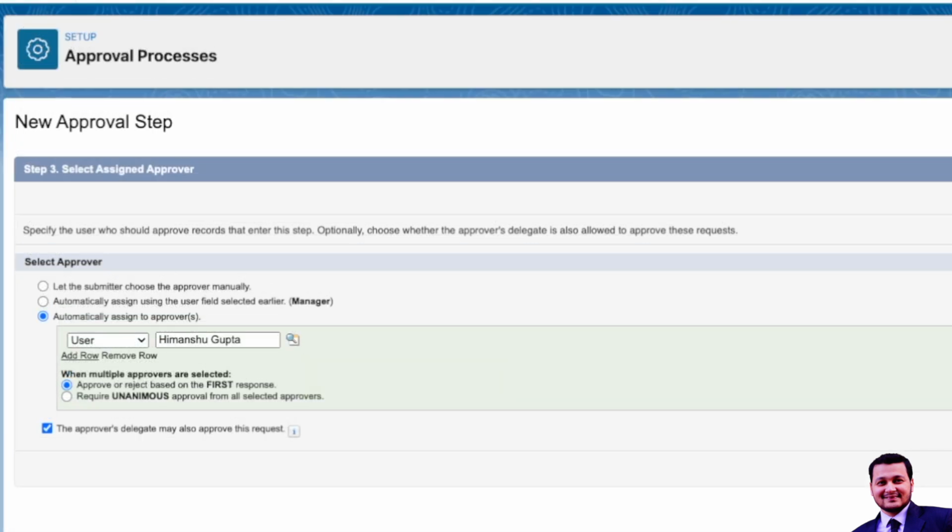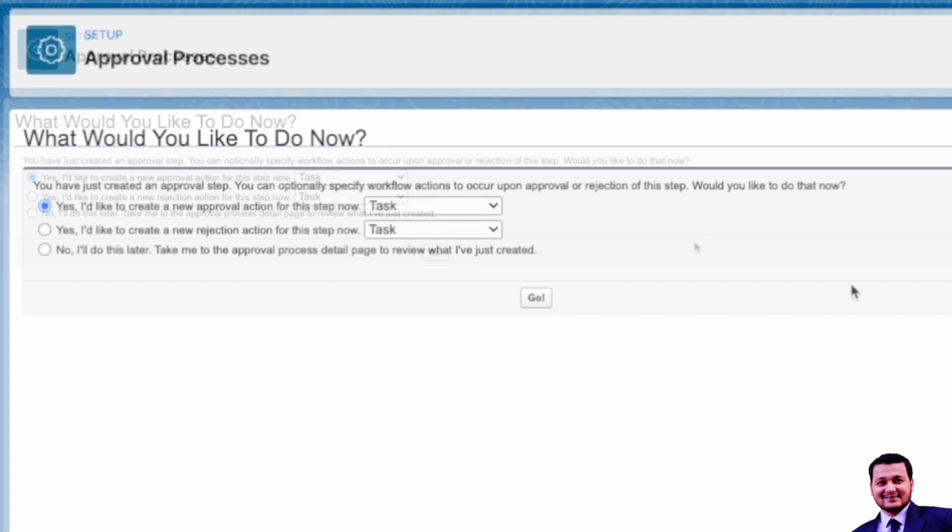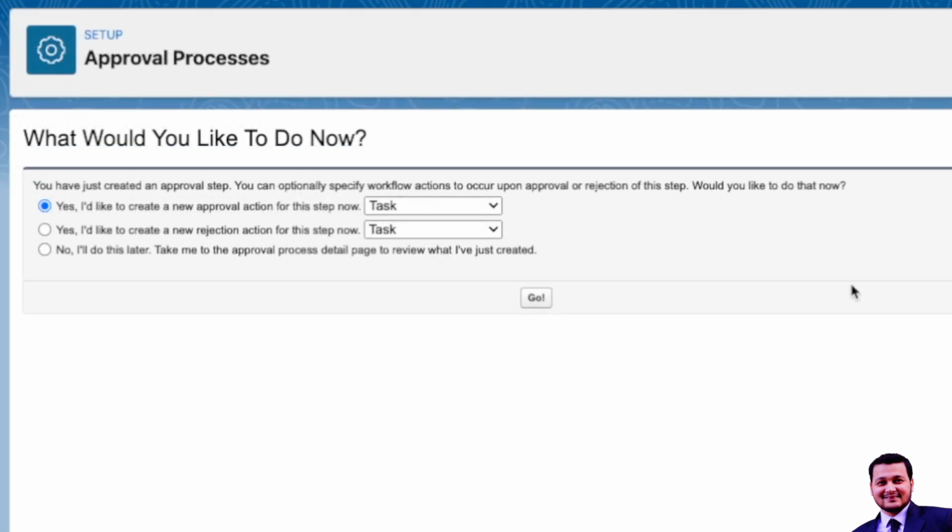Let's click save. Right, so now we have created our first step in the approval. Now what it says is, what would you like to do now? I'd like to create an approval action, or I like to create a rejection action. I don't want to create an approval action, but let's create an email alert. Let's do an email alert so that you know what exactly happens. So let's